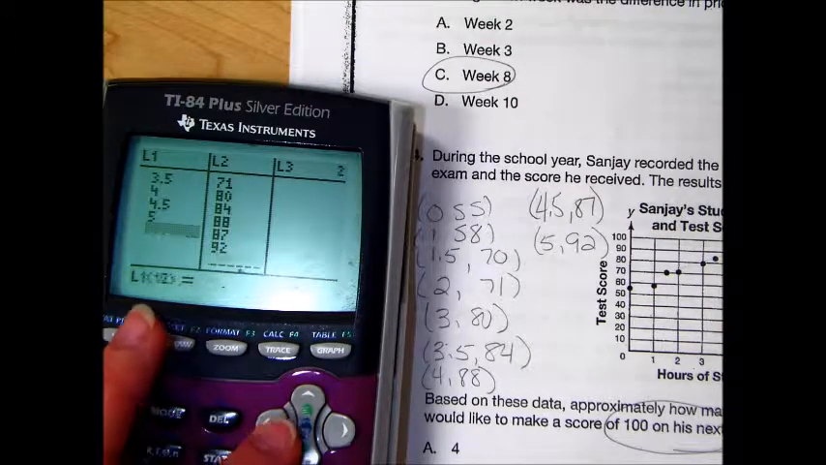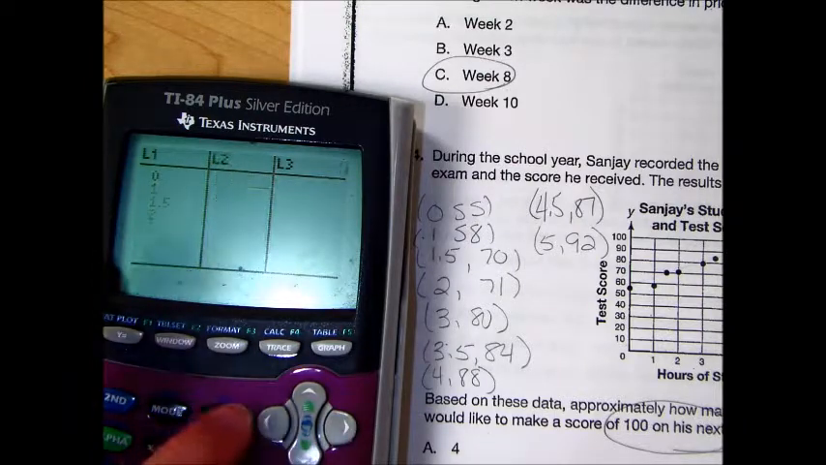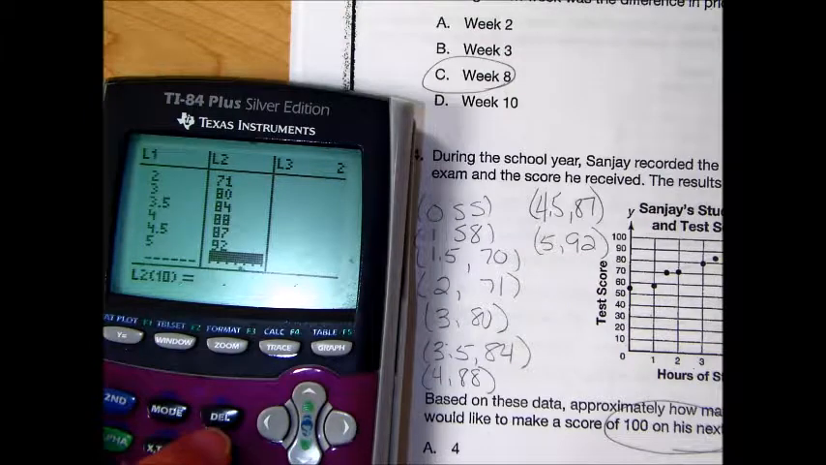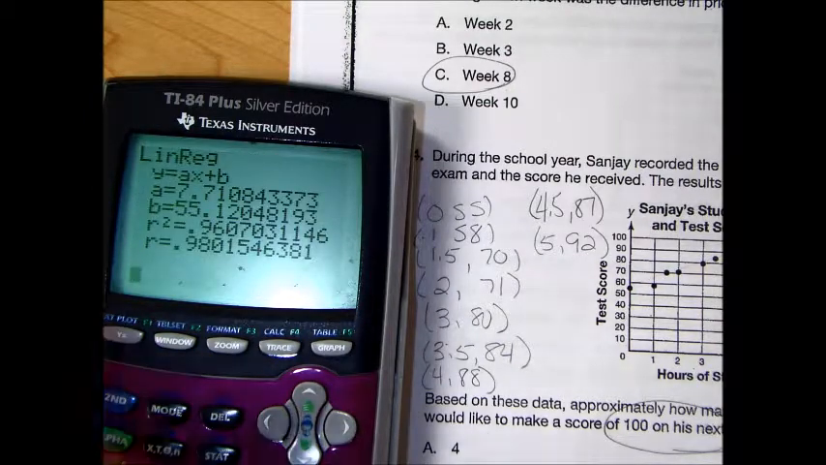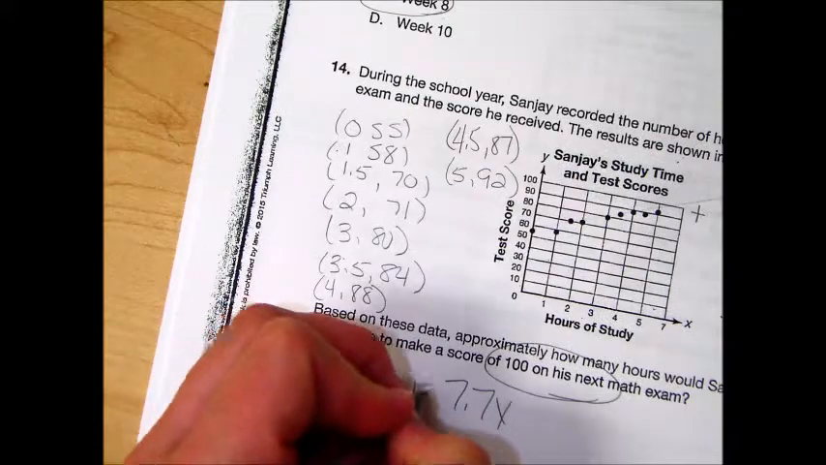Oh wow, I missed something, didn't I, guys? Oh, I never deleted these. Okay, so they all pair up. You go over to your thing here. You should be doing this yourself. And here's my equation. So y equals 7.7x